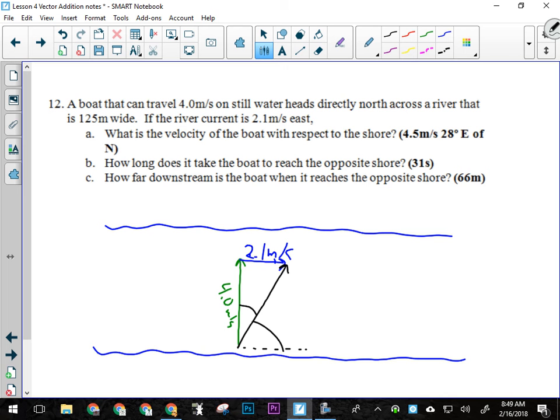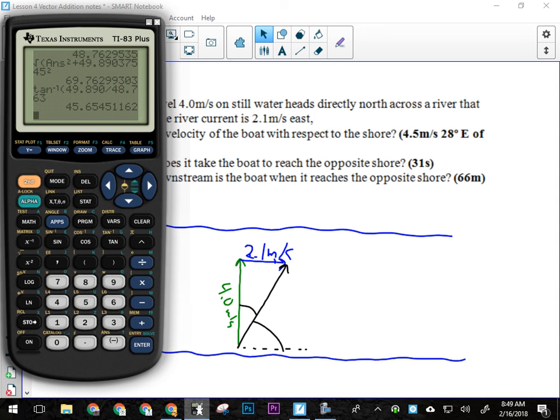All right, so if I want to find this side, what do I have to do? First do Pythagorean theorem, then I'll use tan to find the angle after that. So Pythagorean theorem will mean that I'll take the two sides, 2.1 squared plus 4 squared. Okay, it gives me 4.52